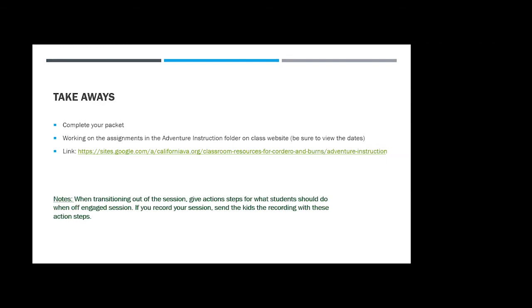So the takeaway slide is the actions you want them to do. Some of you guys are doing live teaching, but you're not using classroom platforms, right? Especially our transitional kindergarten through 2nd grade. A lot of them, the kids might be doing Zoom on a personal device, right? Mom's phone or something like that. You might need to say, complete this packet. I want you to do 2 pages of math and 2 pages of ELA, and you send a text message or an email to all the parents. That's okay to say that to them, to direct them to do it.